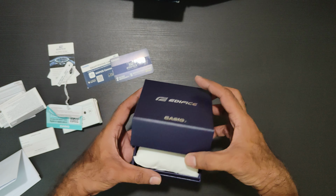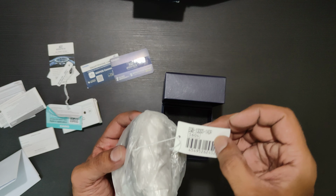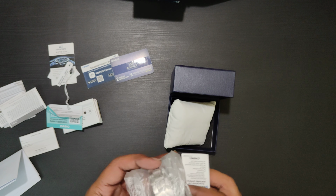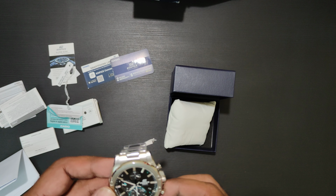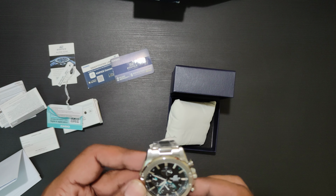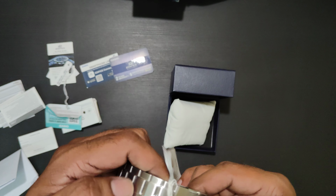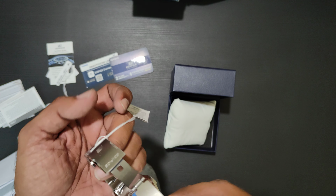Big reveal time. The watch. 5604, smartphone link, sapphire crystal. Okay, at least the watch is in running condition. So, all right,